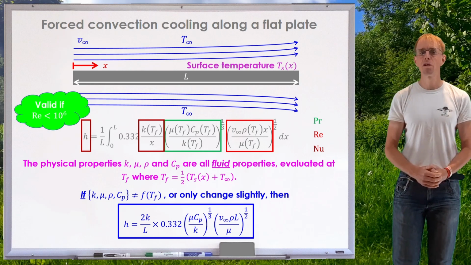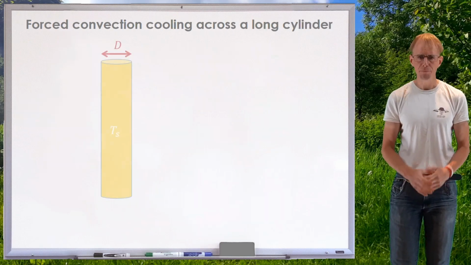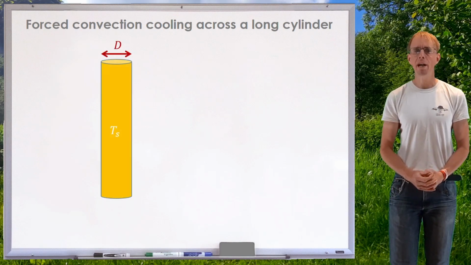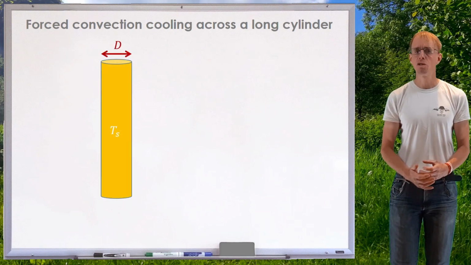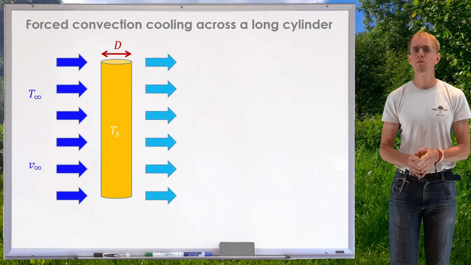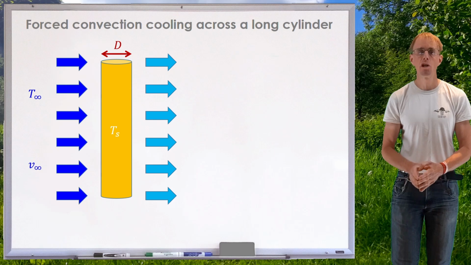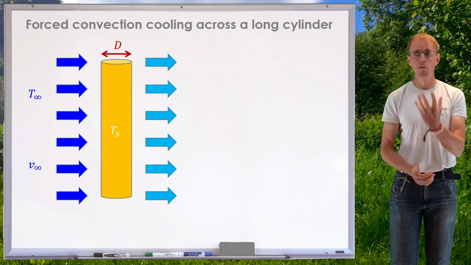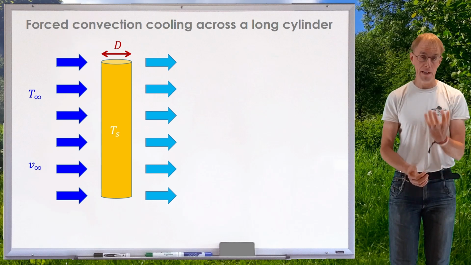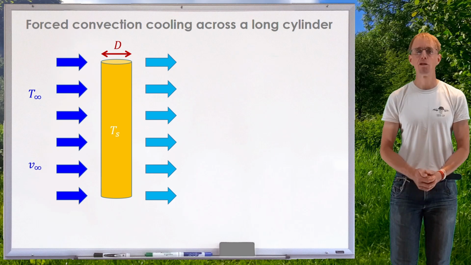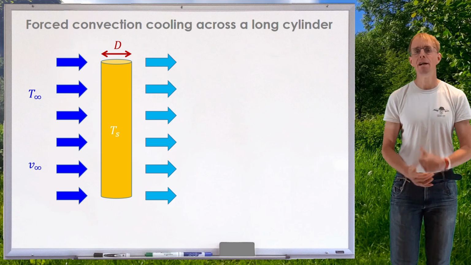Alright, so that is forced convection cooling along a flat plate. Let's look at some different heat transfer scenarios. Let's say what we have is forced convection cooling across a long cylinder. And this might be, for example, how we quench spun fibre. We can imagine that we've got our fibre spinning die, our spinneret. We've got lots of cylinders, effectively, approximately, of polymer melt extruding from that spinneret, and we've got a lateral airflow